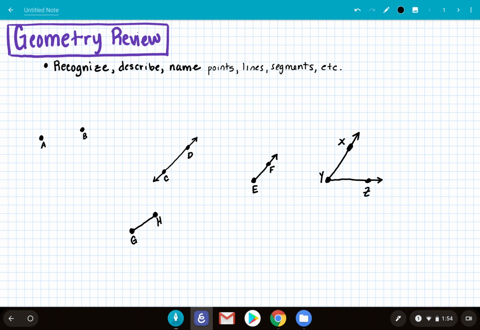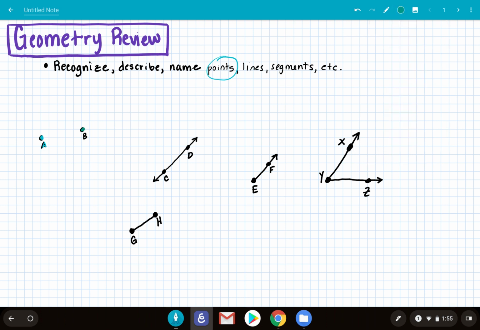Over some geometry basics. Hopefully this is review for you, but if it's not, this is a great opportunity to review some really important vocabulary. So the first thing I want to go over is what is a point. A point is just something like one-dimensional. Like for example, here we have point A,